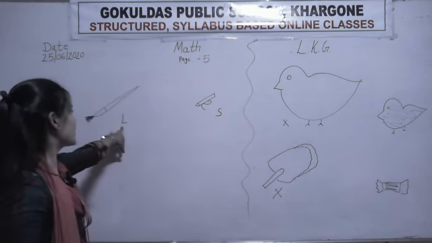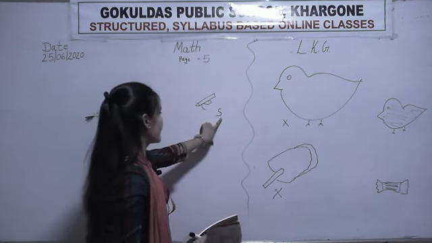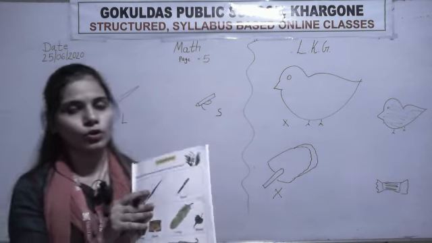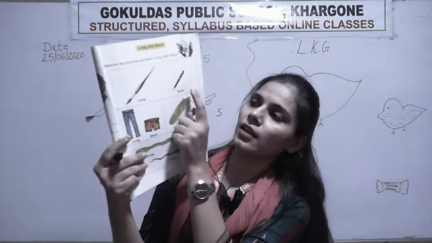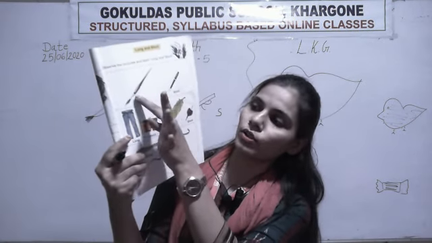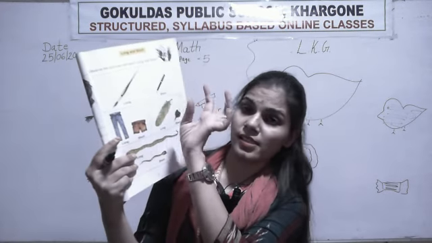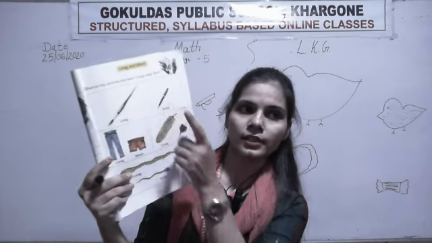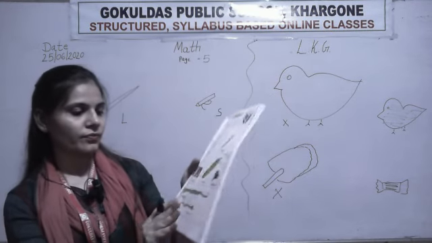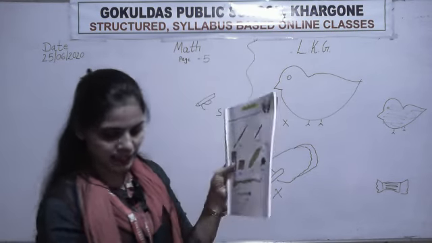Okay. L stands for long and S stands for short. So see here, big one, small one. This is long and this is short. Okay, so the next example is